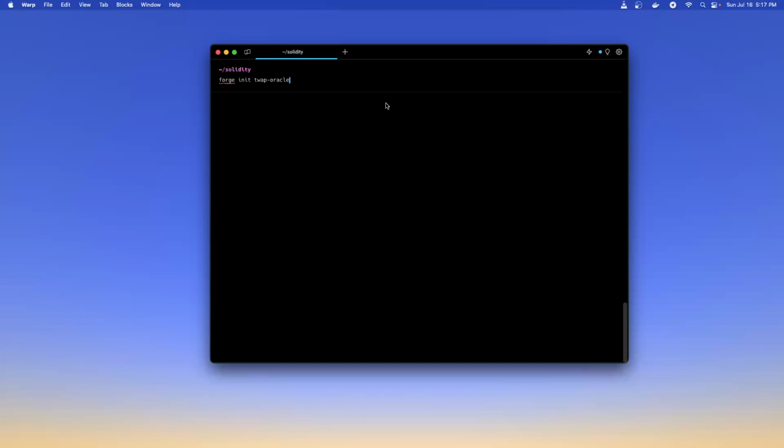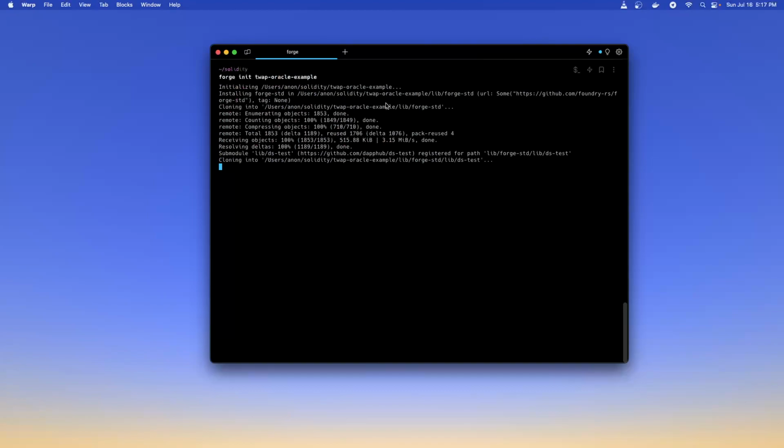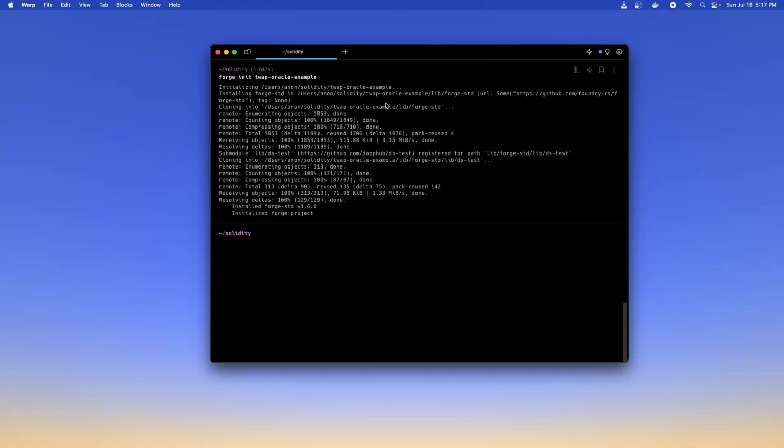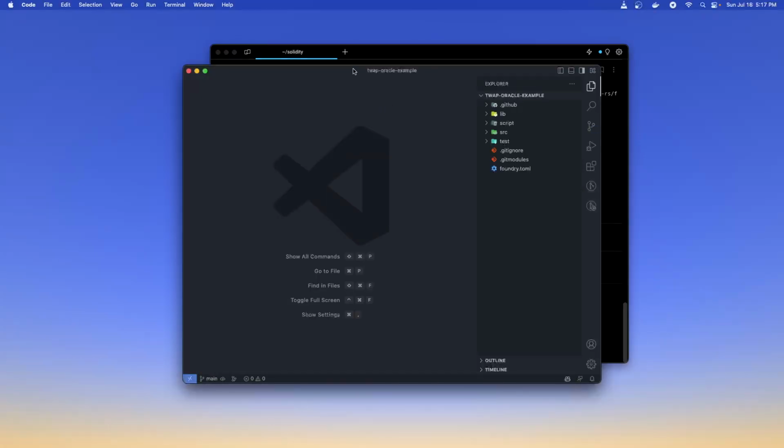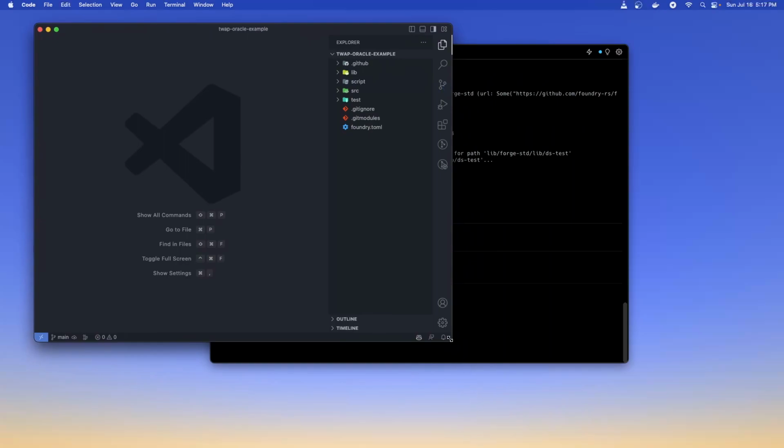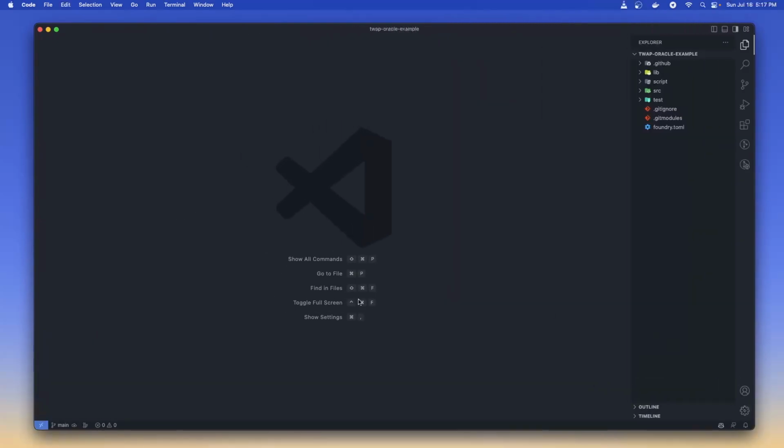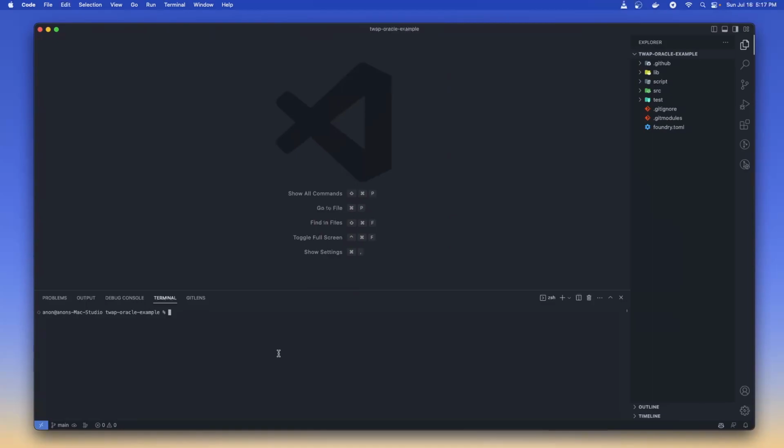TWAP Oracle example. So that will create a new repository and a directory that we can go to. So let's code TWAP Oracle example and see what we have going on here. Let's create a new terminal window